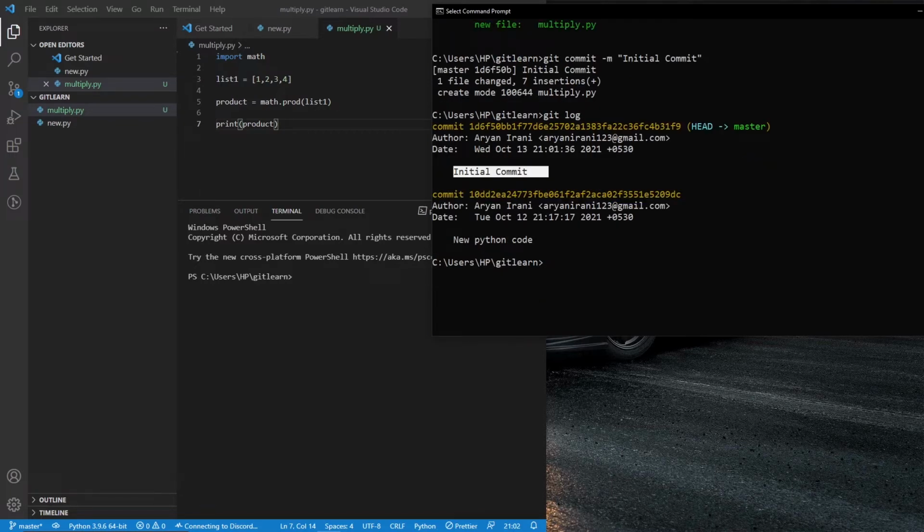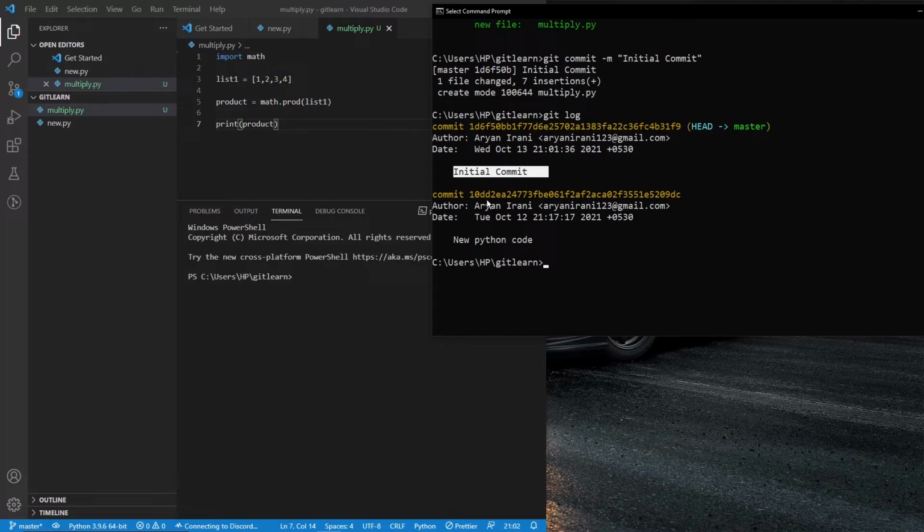Now we're going to be taking a look at a new command called git checkout. The git checkout command is used to switch between branches and commits. It lets you navigate through branches. We'll be covering branches in a little later part of the tutorial. The checkout command lets you change the file's content to those of a specific commit.